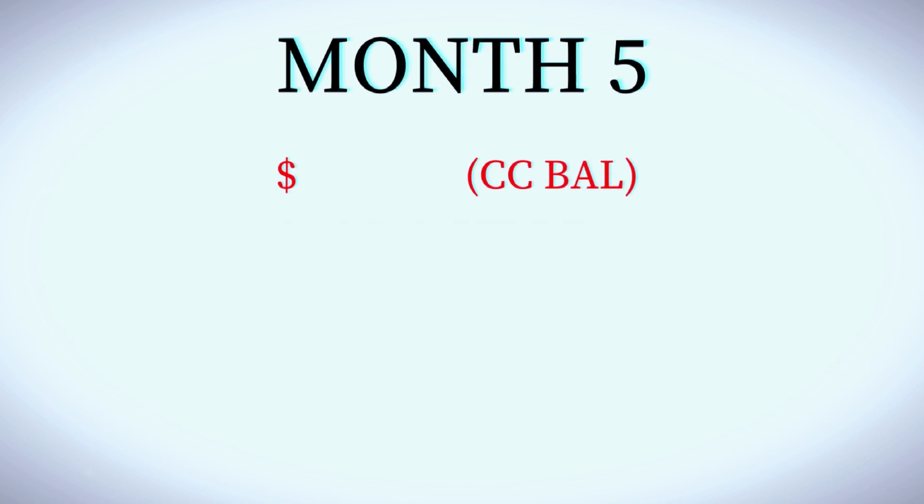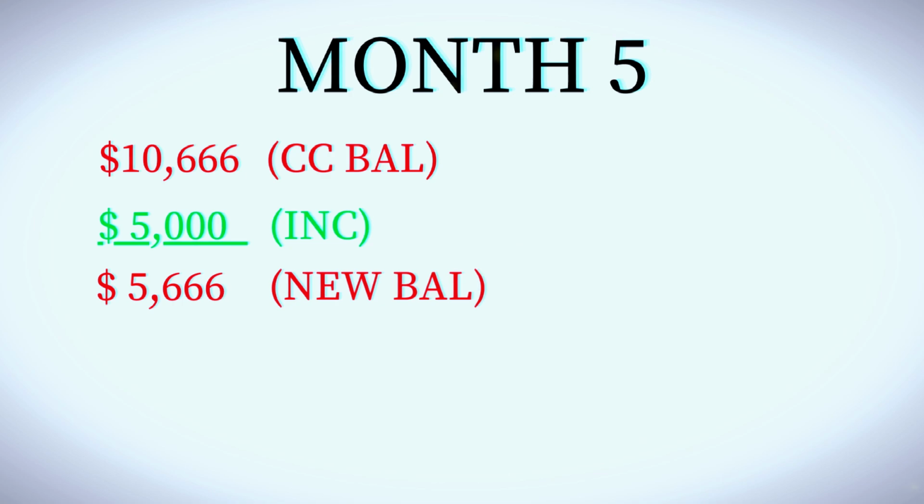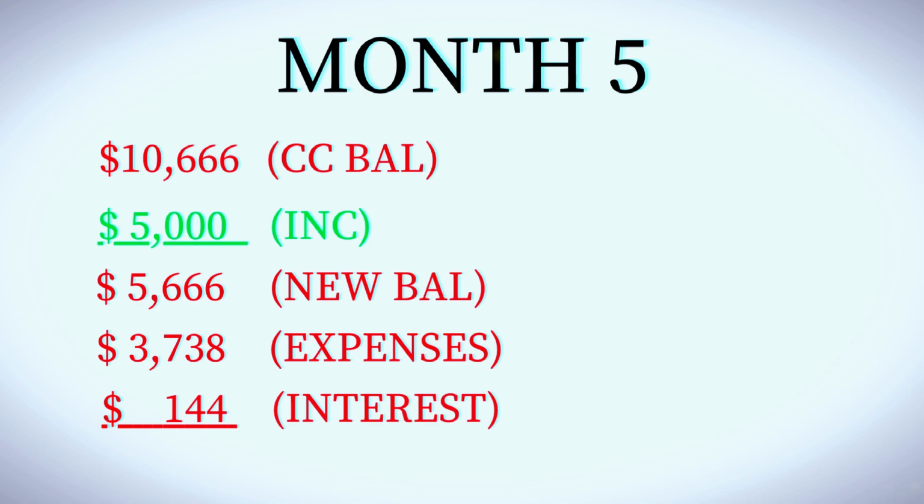The starting balance will be $10,666. They will put their entire income of $5,000 into the line of credit, bringing their balance down to $5,666. They will pay their expenses of $3,738. Interest for the month, assuming average daily balance, will be $144, leaving an ending balance of